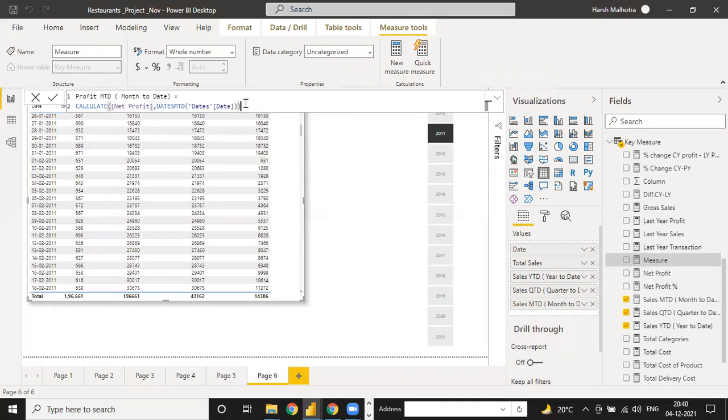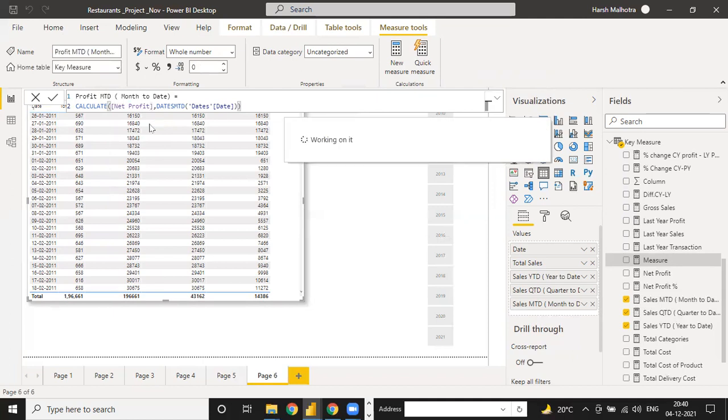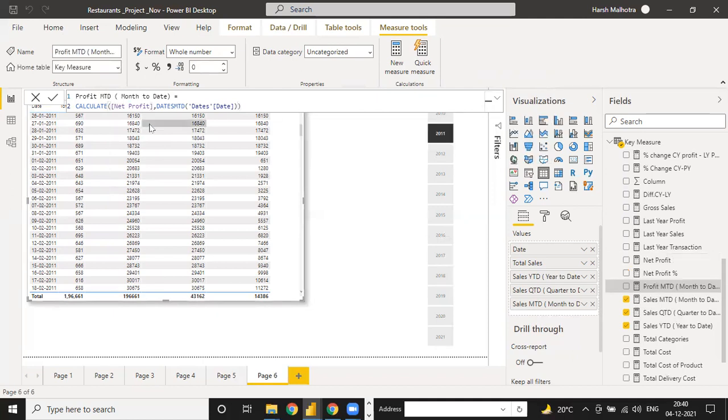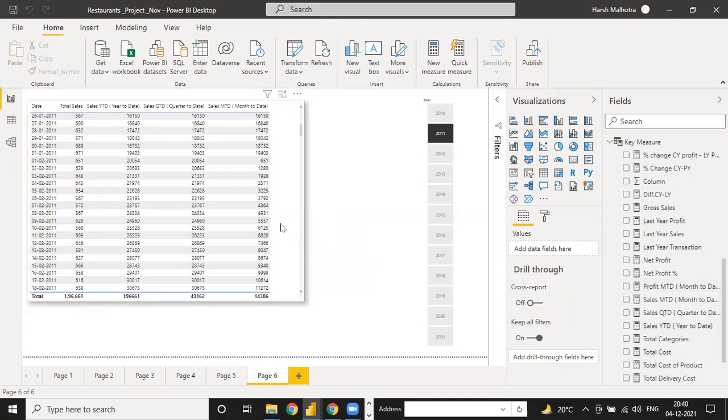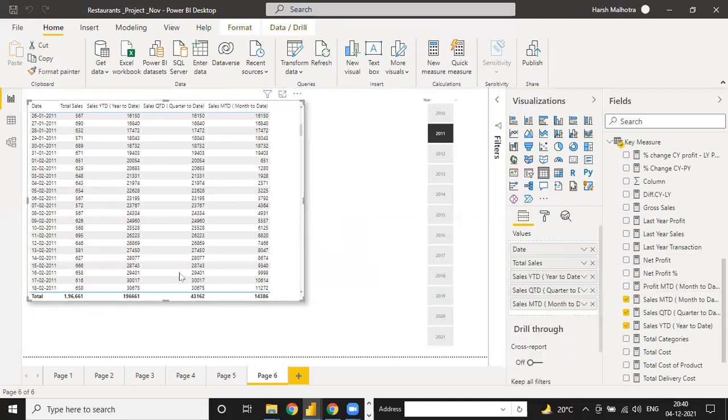And same way, you can calculate these details cost-wise and expense-wise, that is, what your expense was in the last month and what the expense of your current month is. You can enter it that way also. So see, this is your profit MTD. If you click on this table, a little slow down.